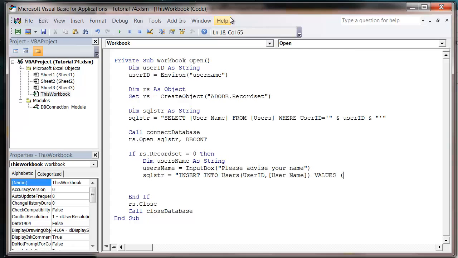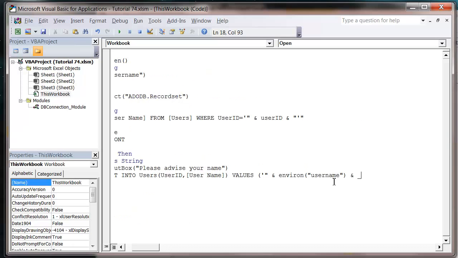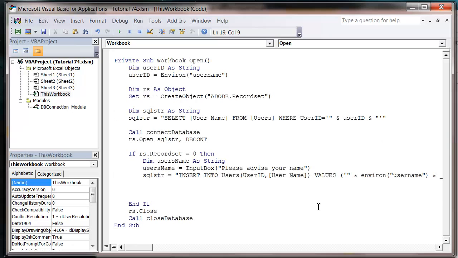open bracket, and then these values that we put in here need to correspond to the order that we put in our field names in here. And so we'll put in our user ID, which is going to be a string. So we use apostrophe, and then ampersand, Environ("username"), and then let's go down onto a new line, say ampersand underscore new line,